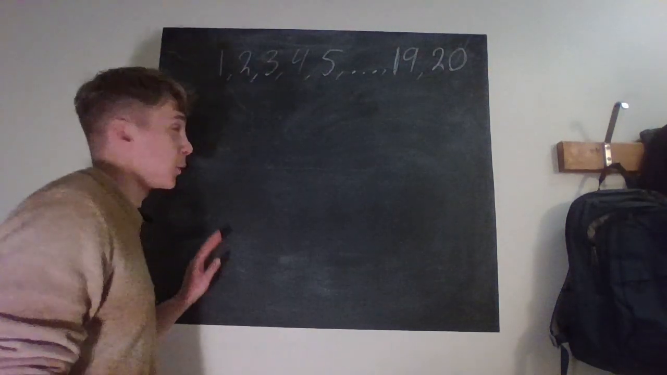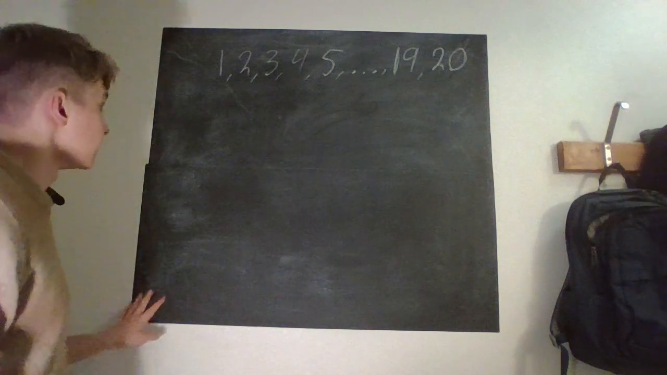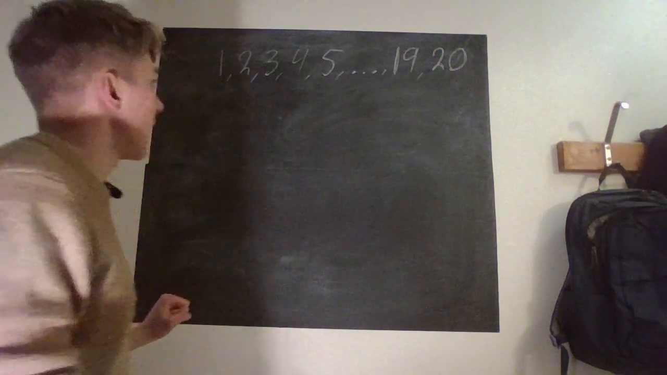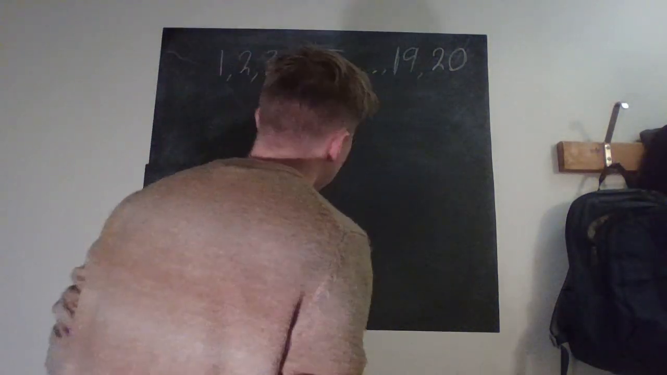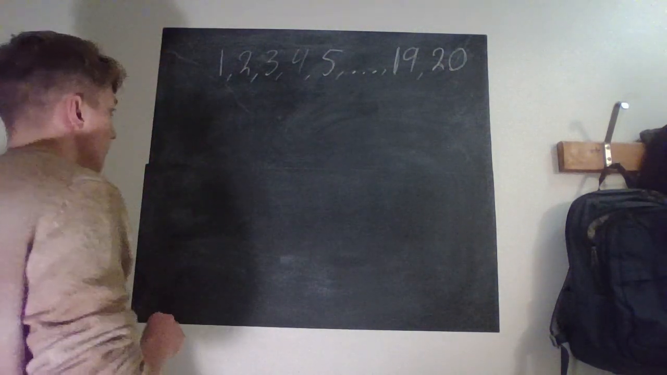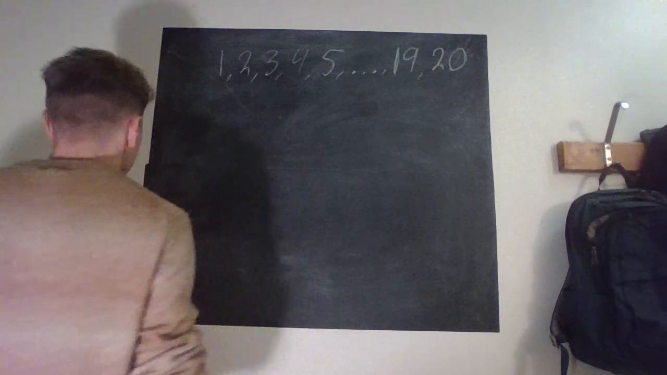Hello everyone. So, on a blackboard, just like this fake one, the numbers 1 to 20 are written. And I walk up and choose two numbers at random. Say I pick 1 and 2 for convenience. And then I erase them,